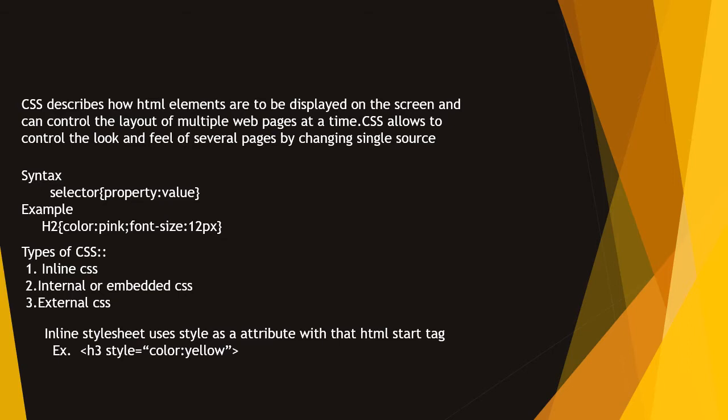So we apply this as a style by using the style attribute, then equal to, and within double quotation we have defined that property, color colon sign yellow. We can apply multiple properties the same way. For example, if we again want font size, at that time we can take font size colon sign 12px, and after that we will close that quotation. So here is the inline style sheet.